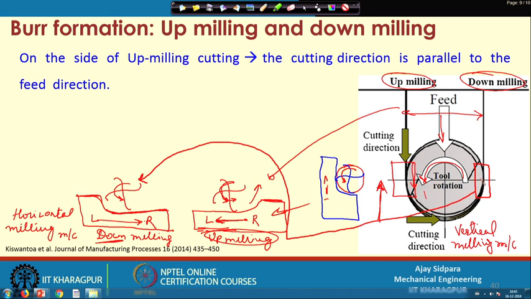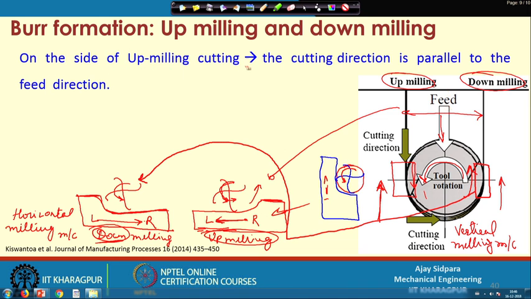Because if you see in this direction, the tool is moving in this direction. Let us consider it is again moving in this direction. There will not be any change in the direction of rotation, but your workpiece is also moving in the same direction, because this is the workpiece direction and this is the tool rotation. So, this is equivalent to the down milling process. This is how you can define it in terms of the movement of the workpiece or in terms of the feed to the cutting tool.